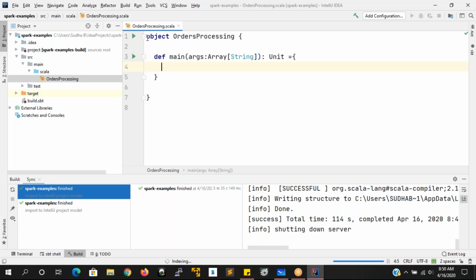Yeah. So now we know we have set up Scala and we have done it, but we want to make this environment work with your Spark. How do you set up your Spark? How do you set up or make this IDE environment compatible with Spark? That is very, very important.